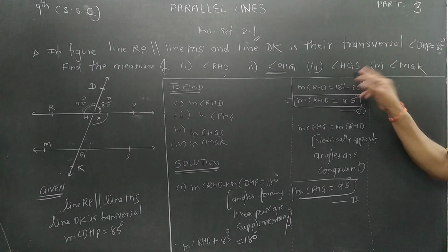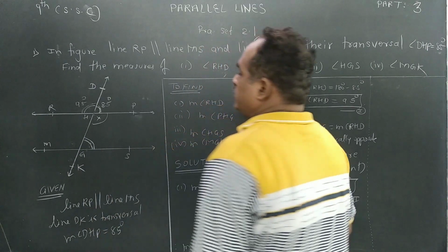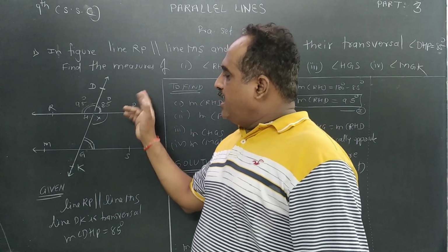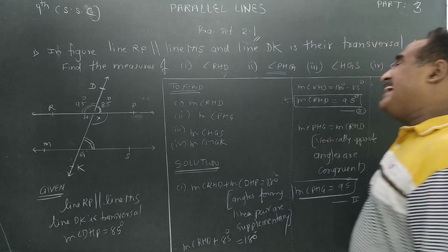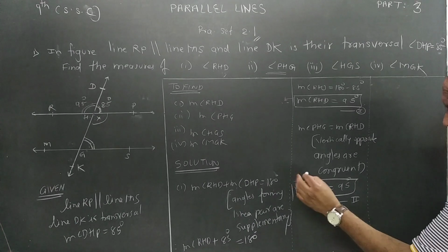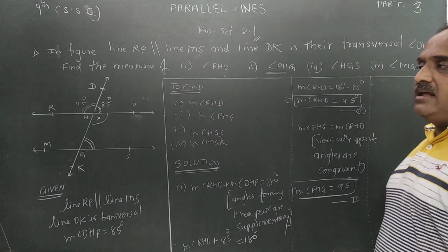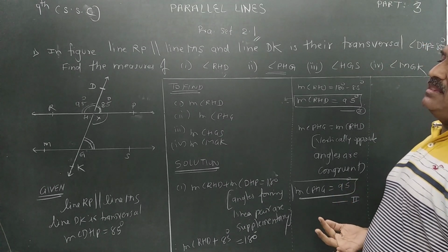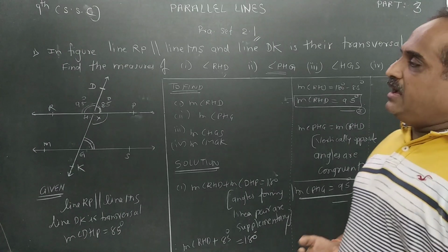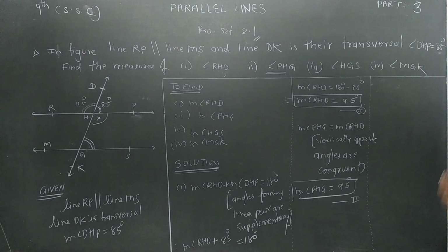Now we are going for HGS. HGS, this angle. And I told you that if you know this, then this will be easy, because they are corresponding angles. Right? So we have to mention it properly when we apply it. Now we have studied 3 theorems: the interior angle theorem, the corresponding angle theorem and the alternate angle theorem. Now we have to apply the corresponding angle theorem, but it is the corresponding angle theorem of parallel lines. So better you mention it, because for this topic it is not required, but for other topics it is necessary.